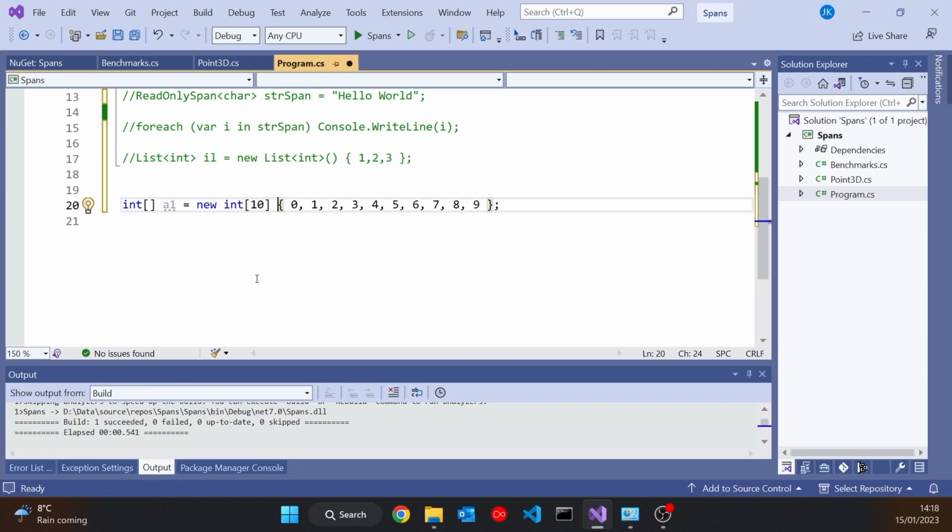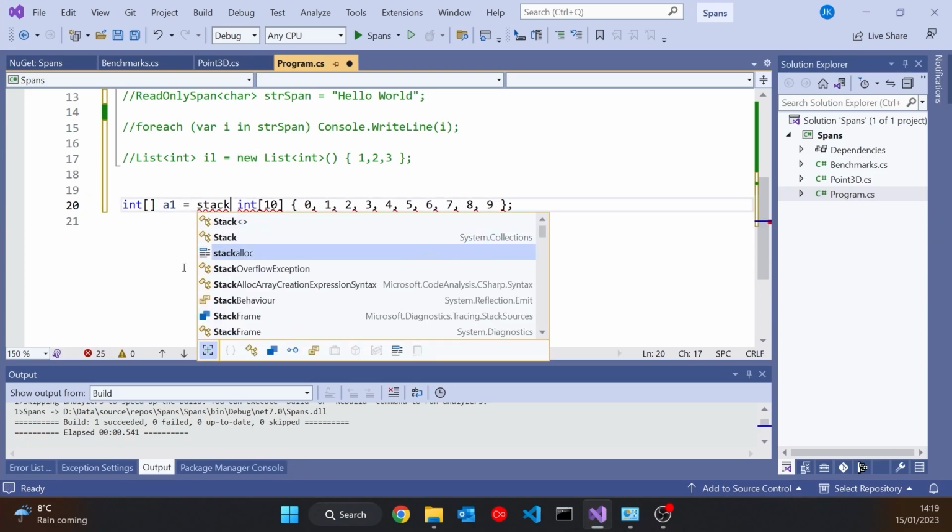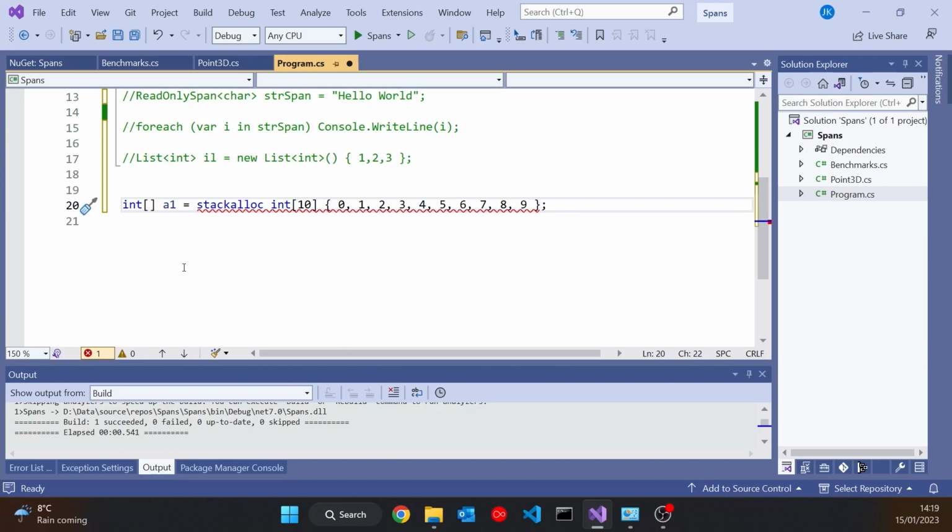But that new is what is allocating our array on the heap. Instead, for quite a while, we've been able to use this word stackalloc. And that says, don't give us the new array on the heap, give it to us on the stack, which is going to give us benefits in terms of garbage collection. There's nothing to be collected.